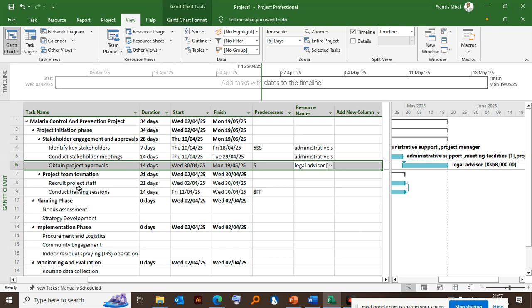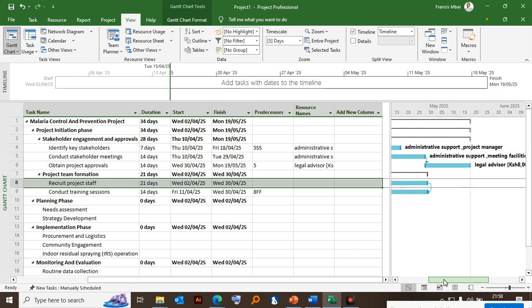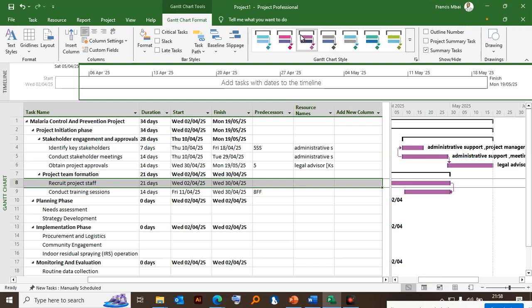Now, we want to recruit people here. Recruit staff. Sir, sorry, I have a question. Yes, please, go on. Is it that all those costs that are just once, they should not get added to the resource sheet? You cannot add them in the resource sheet. That's why I said